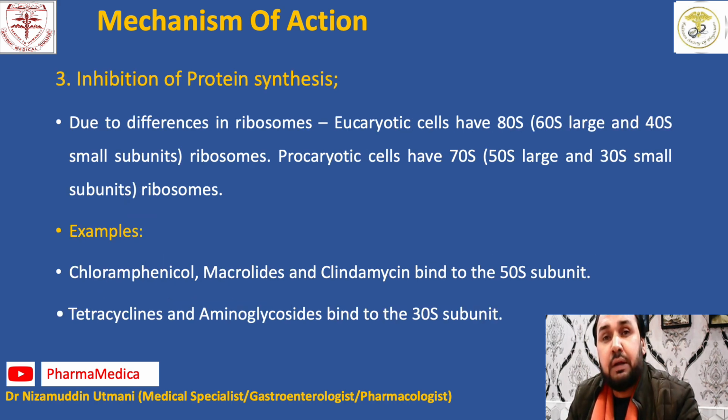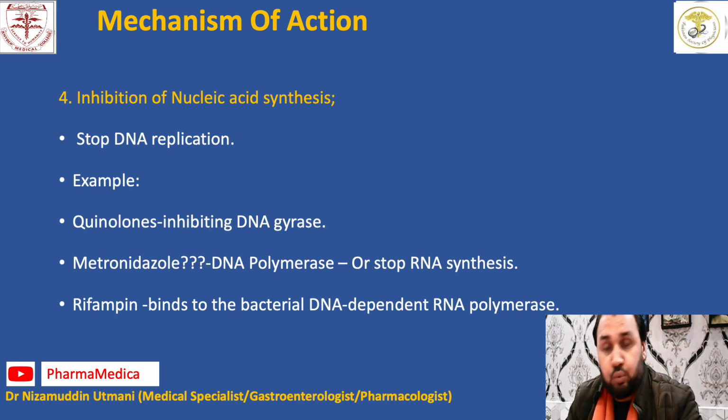The third one is the inhibition of protein synthesis. These drugs work either at the 30S or the 50S of the ribosomes, and thus they inhibit the protein synthesis, and by inhibiting the protein synthesis, they decrease the growth and further division of the microbes, and we can say that such type of antibiotic can be considered as bacteriostatic. So the chloramphenicol, the macrolide, the clindamycin, the tetracycline, aminoglycosides, these are the groups of antibiotics which work through this